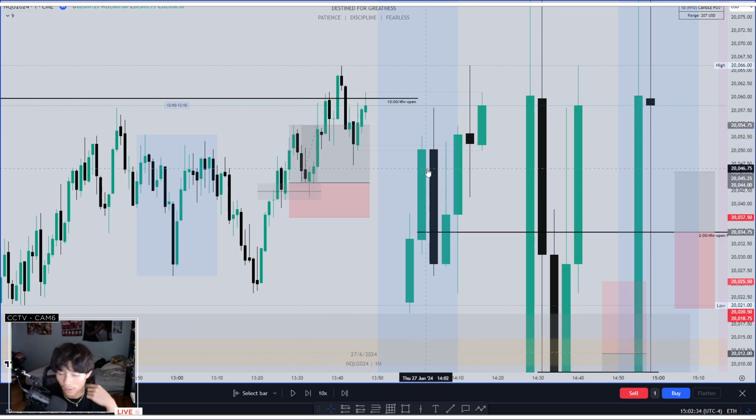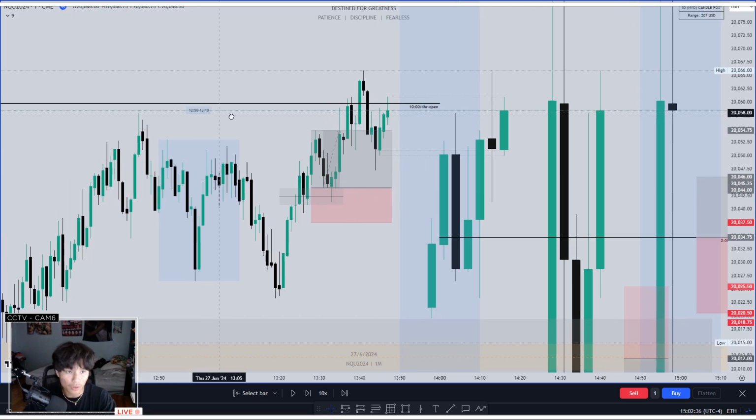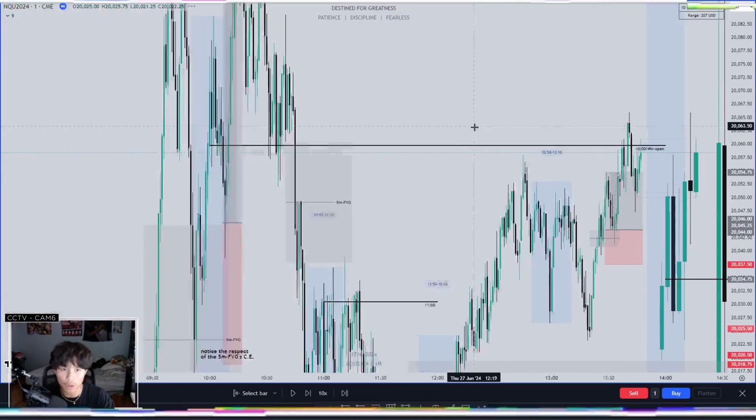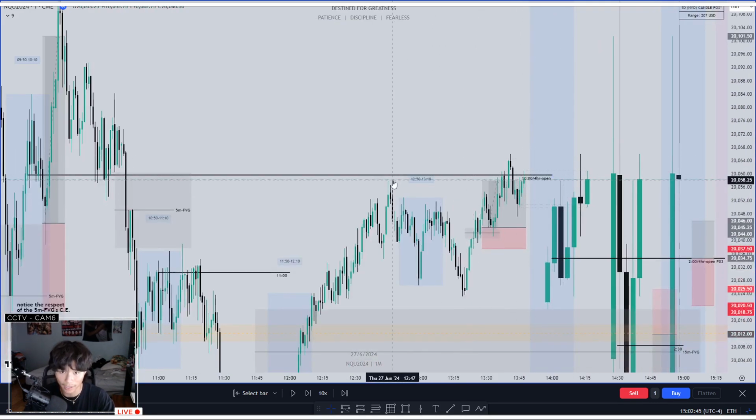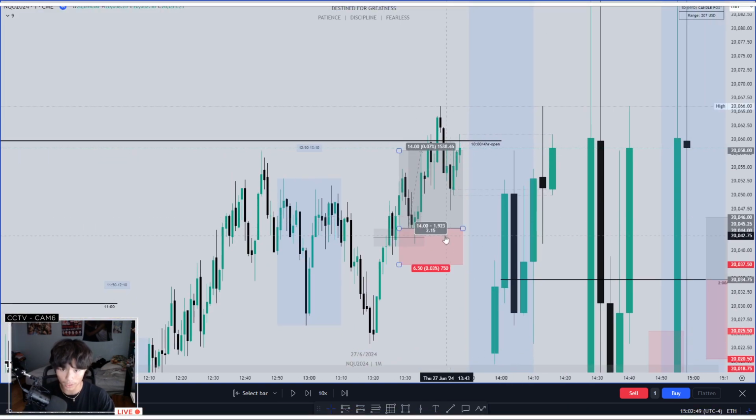And like I said, I'm targeting the 15-minute high here, which would make it a 1.65 R to R. And I'm also targeting this high as well. So I'm not targeting a complete reversal back into here, but I am targeting that 15-minute high and this next swing high right here. So we opened up at 1:30,